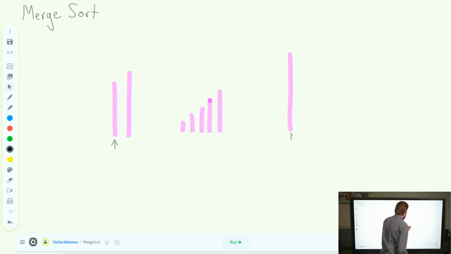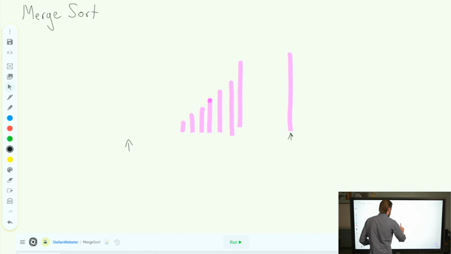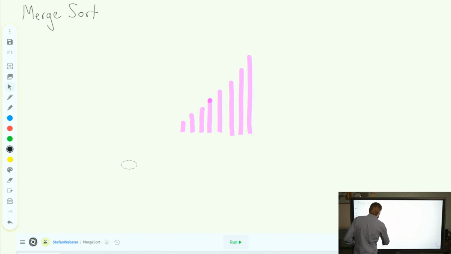We now compare one more time to the one at the end of the right. The left side is smaller. We move one more over. The last two items, we see that the one on the left is the smallest. That gets moved over. And finally, nothing left to compare to, so we simply move in the last item from the other set. And that is how we order